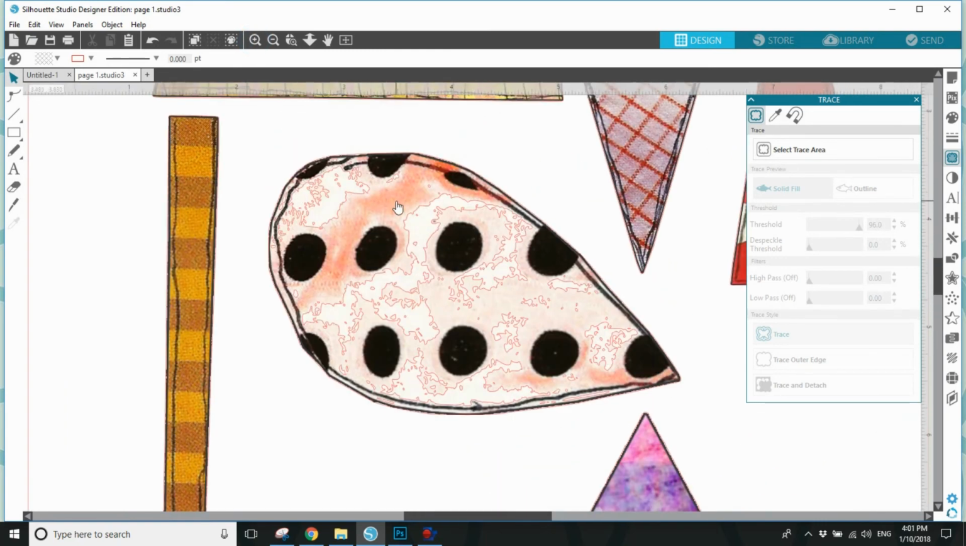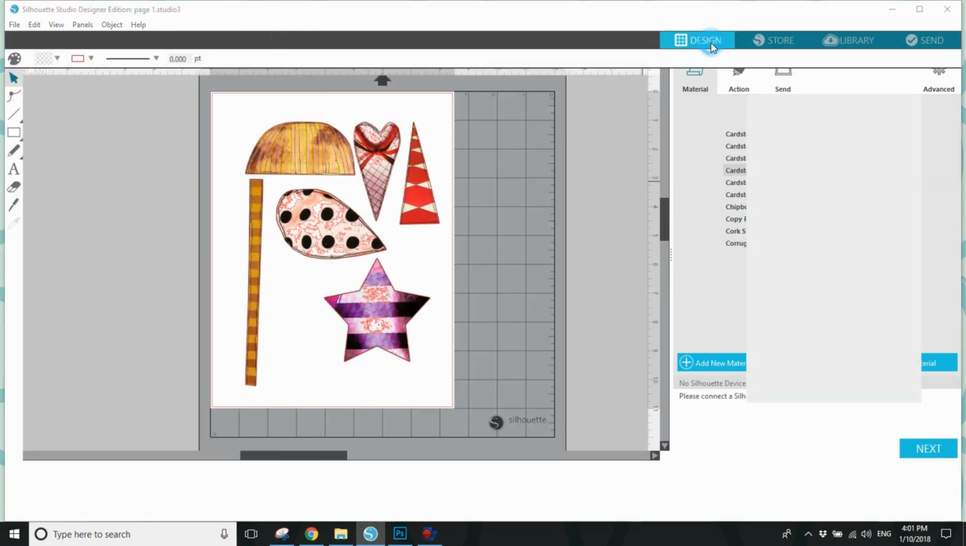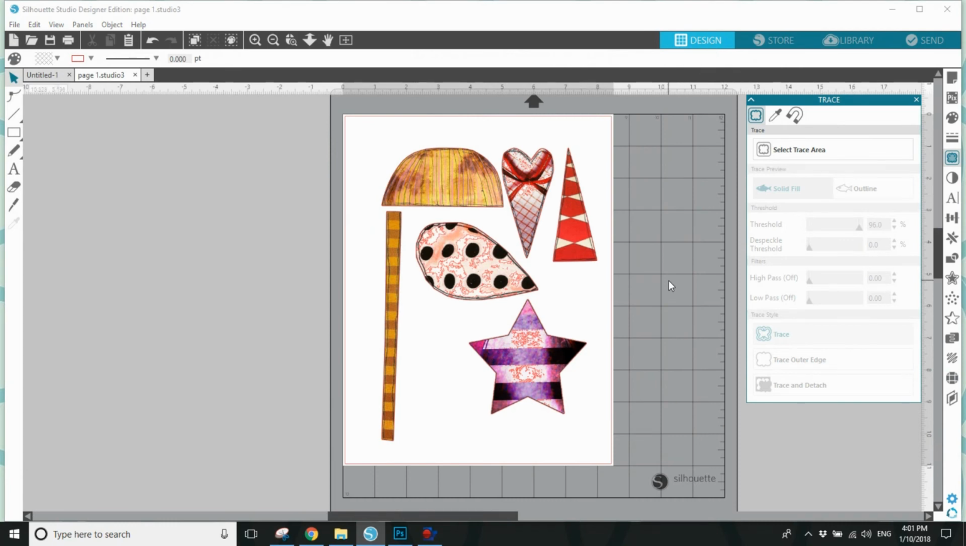This is not good in here. Look. This is not working. Look at all that. If I went to send to cut, all of this would cut. All of these holes, all of this would cut. So,